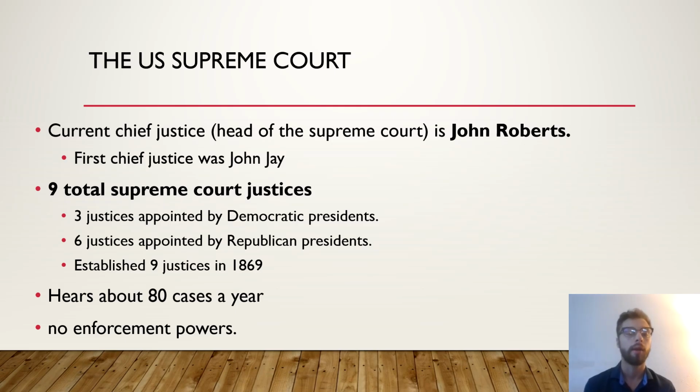So when we look at our justices today, we see our current Chief Justice, which is a position with a little bit more authority within the body, is John Roberts. We'll look at the role and responsibility of the Chief Justice in just a few slides. Now, when we look at the body at large, we note that they hear about 80 cases a year. They do not have enforcement powers directly, but they do have the reliance on a checks and balance system in which the executive and legislative branches will help ensure the enforcement of Supreme Court interpretations. We've seen rulings in the past, although extremely rarely.